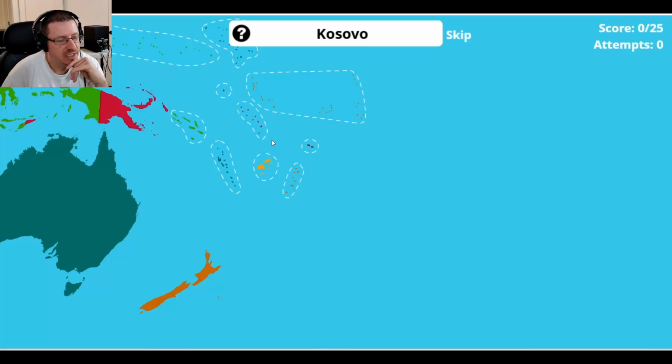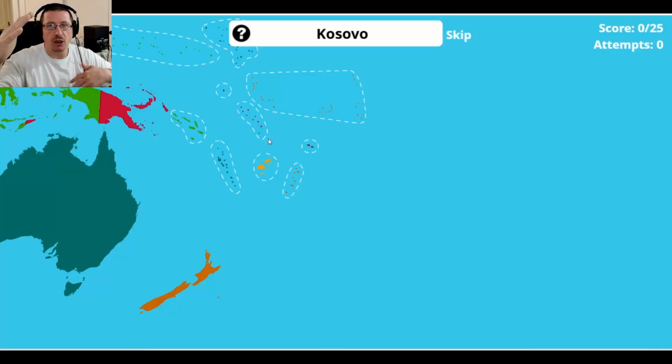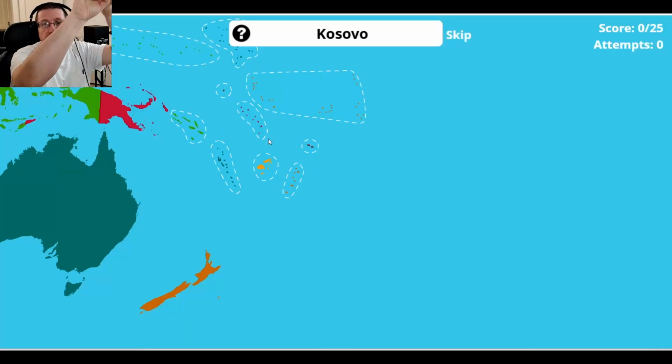Wallis and Futuna. It's known for its tapa art. So they make tapa cloth from the bark of trees. There's this weird process. It actually looks kind of interesting. I just watched a video on it, and they make this cloth, and then when the cloth is done, they do art and stuff. It's a big deal there. Wallis and Futuna.